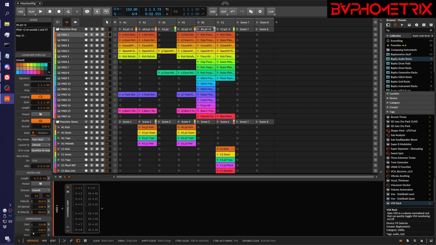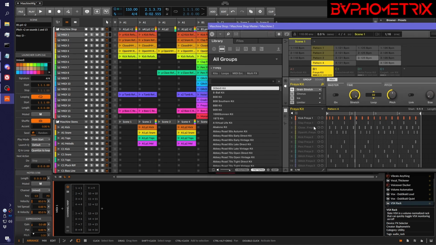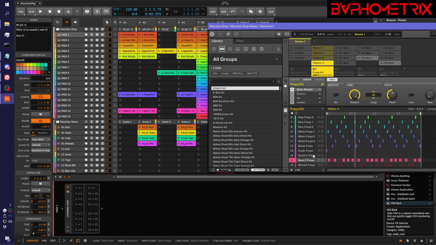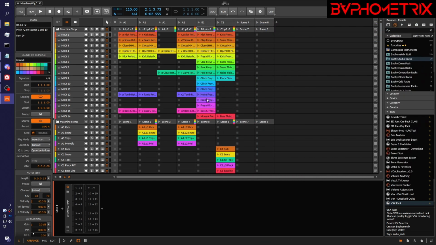Okay, so now that I brought the MIDI in, it can be helpful to get rid of the empty clips. Like if I turn everything on again here, you can see that sound number 5 doesn't have any MIDI in this pattern. And sound number 14 doesn't seem to have any MIDI, so it can be a little cluttered and